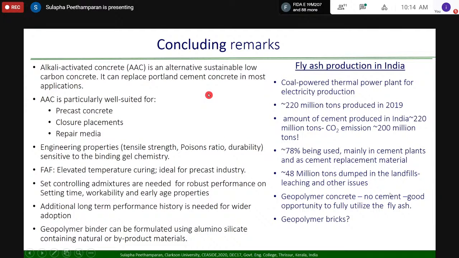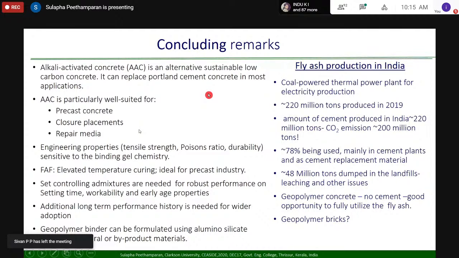With that, I just want to summarize my talk by giving you a couple of points emphasizing the sustainability of this concrete. This is a completely cement-free concrete. You can save a lot of CO2 emission if you use it in the field. The engineering properties are very good, but